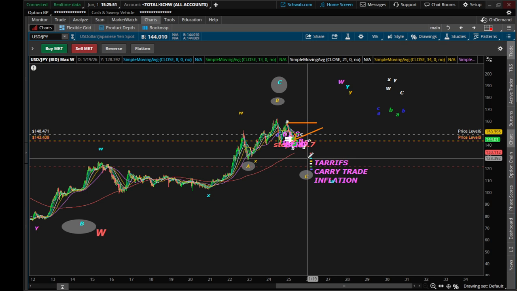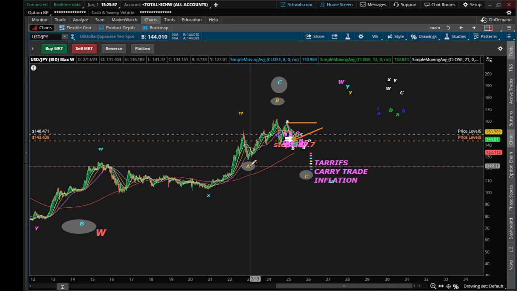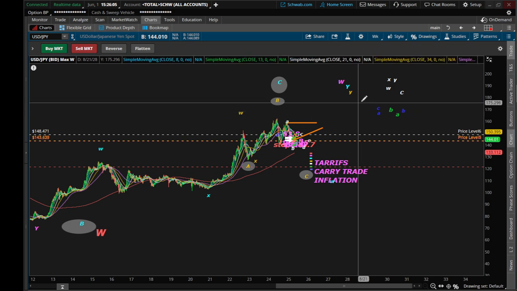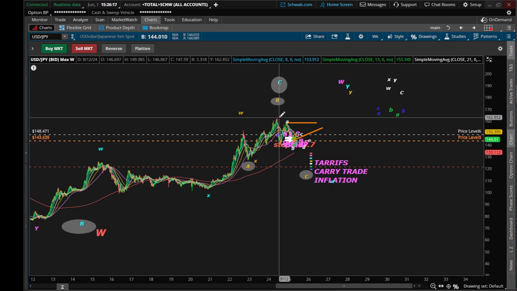If it's the main count, then we need our major degree W, X, and Y. Either this yellow Y is complete here at 624, which to me